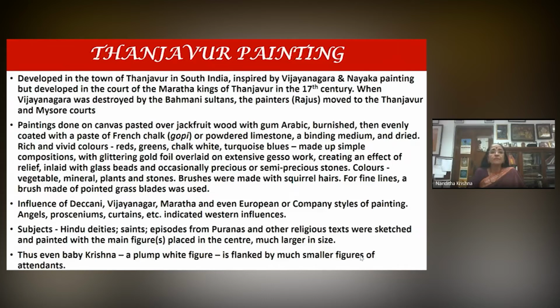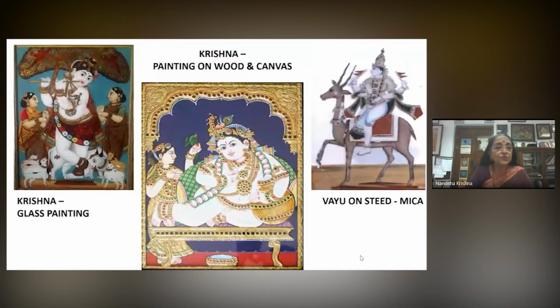The paintings are done on canvas, pasted over jackfruit with gum arabic, burnished, and then evenly coated with a paste of French chalk or gopi or powdered limestone, which was a binding medium, and then dried. Rich and vivid colors, green, red, white, blue, made up simple compositions. Now, over this, you had what is called gesso work, where glittering gold foil overlaid on extensive gesso work created an effect of relief. So some parts of the painting come out a little bit, like the center one, which